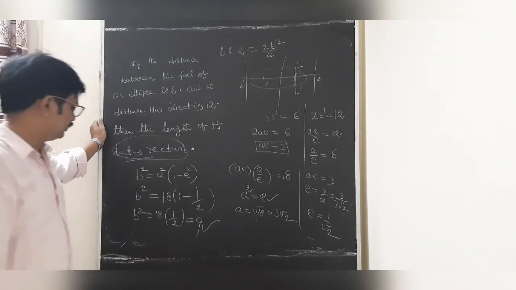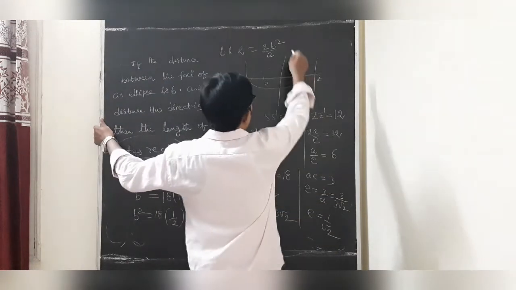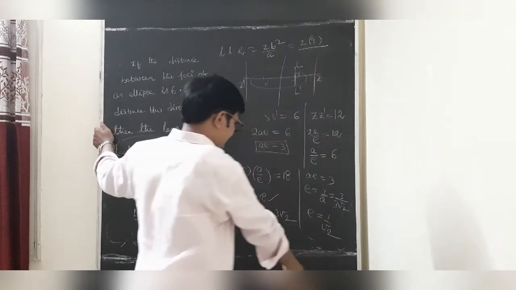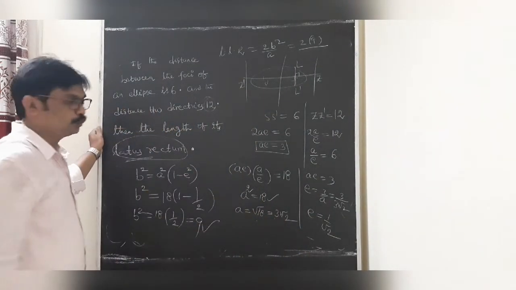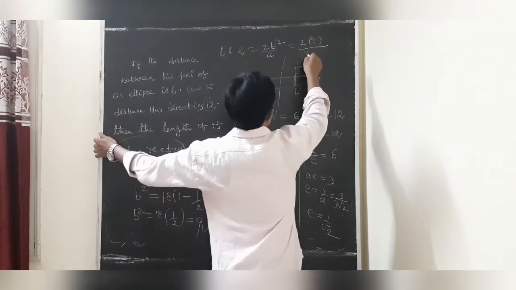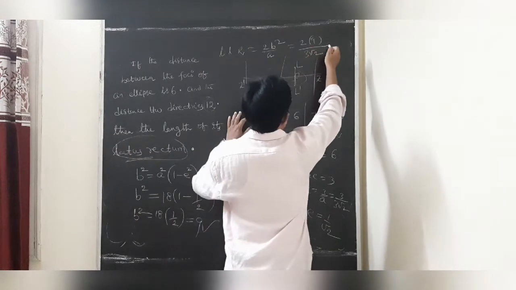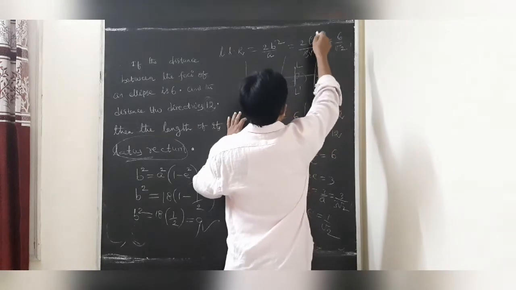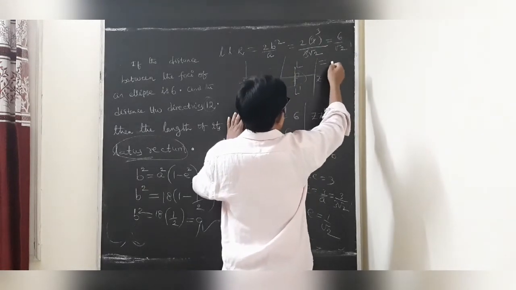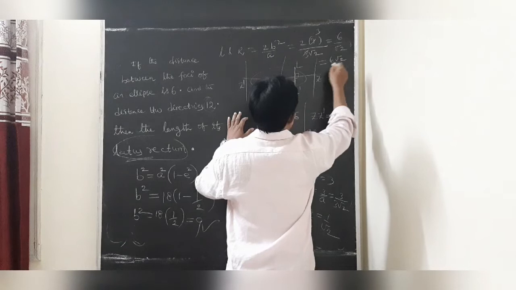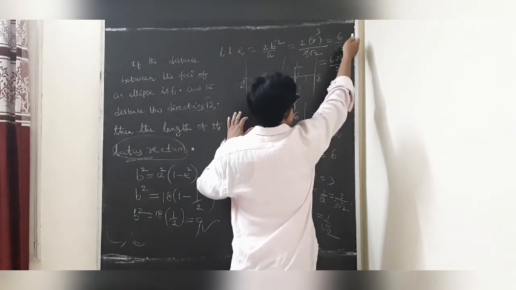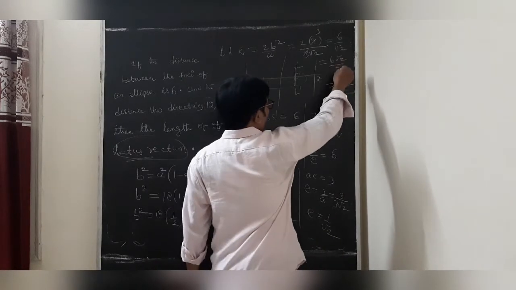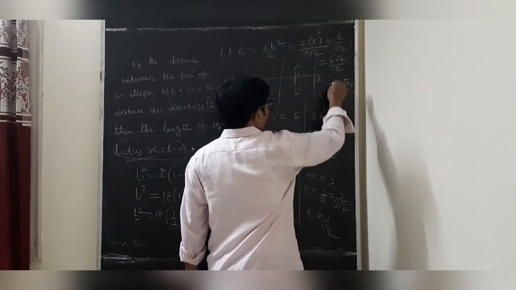So students, b square is 9. Yes, 2 into 9. What is a? a is 3 into root 2. So this is 2 into 9 by 3 root 2. Dear students, undoubtedly this is 6 by root 2, 3 ones are 3, 3 threes are 9. So students, this is 6 root 2 by 2, multiplying by root 2 by root 2. Okay students, this is 6 root 2 by 2, so 3 root 2 is the required answer.